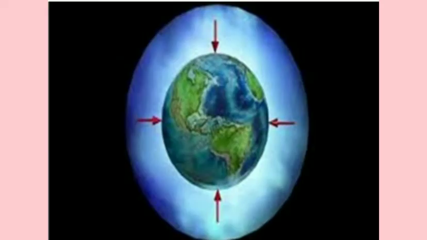So let us discuss atmospheric pressure. You know that there is air all around us. This envelope of air is known as the atmosphere. Atmosphere is nothing but layers of air which surround the earth. There are many layers of atmosphere like troposphere, stratosphere, mesosphere, exosphere. If you look at the height of these layers from the surface of the earth, you will see that it goes beyond a few hundred kilometers.